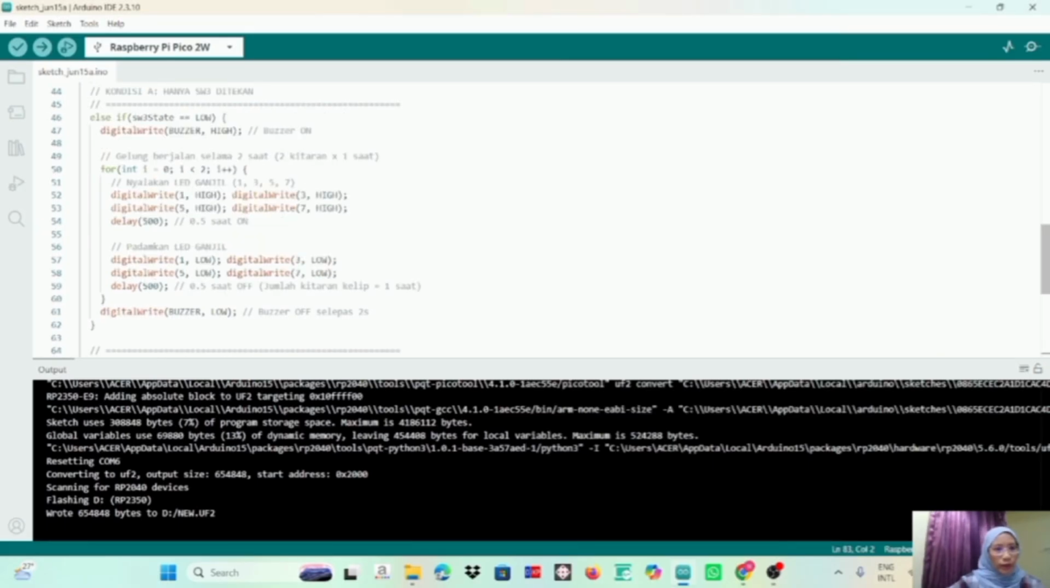Next is for switch 3 press. Else if switch 3 state low. So if condition C is false, the system evaluates this else if. digitalWrite buzzer HIGH. If only switch 3 is pressed, the buzzer turns on. Then digitalWrite 1 HIGH, 3 HIGH, 5 HIGH, 7 HIGH. That means the odd number LEDs, which are pins 1, 3, 5, 7, are hard-coded to turn on and blink